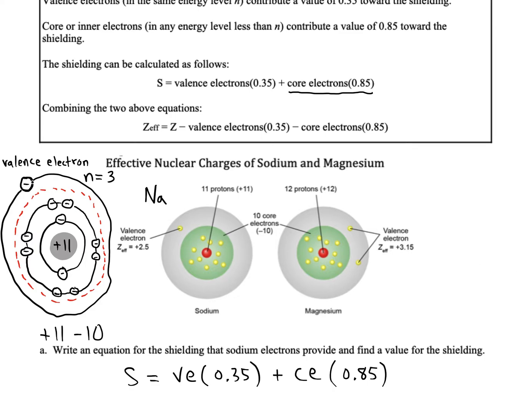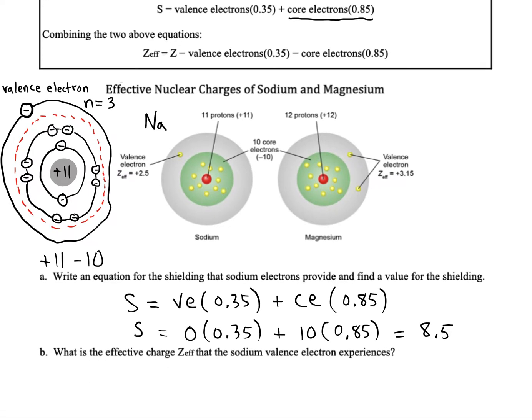The valence electron cannot exert an effect on itself, so we'll consider there to be no other valence electrons in question. There are, however, 10 core electrons. If we multiply this, we find that the shielding is going to be 8.5,